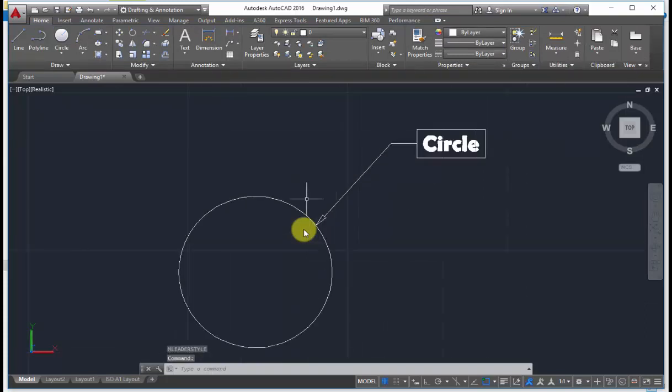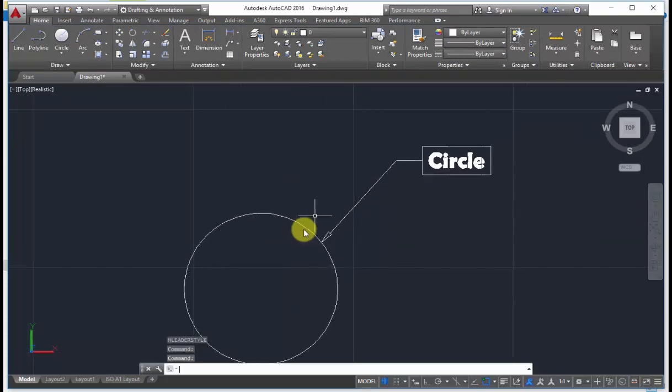Now whenever you take the next multi-leader, you will get a leader as you have selected.